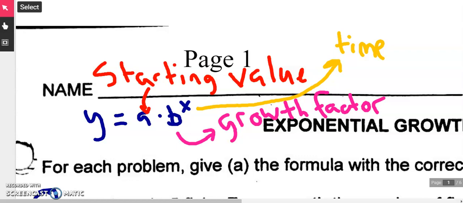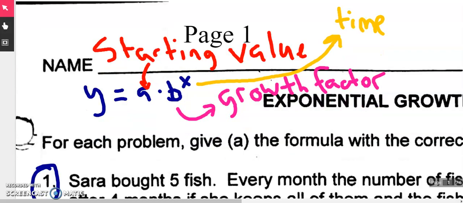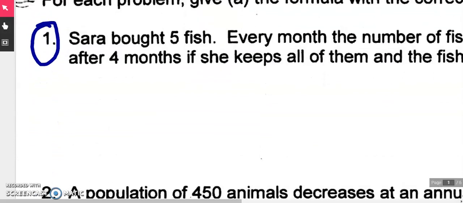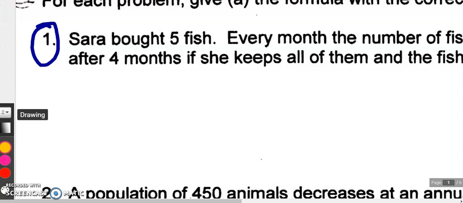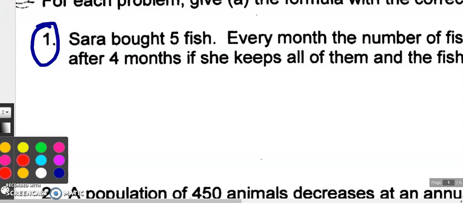So this is most useful for modeling a lot of real-world situations. So for these, we're going to be dealing with a lot of word problems. So as we read through these problems, we want to label the information that we've been given so that we know how everything gets plugged into the formula. So as I read through the first example,